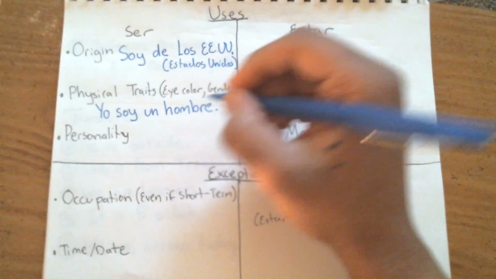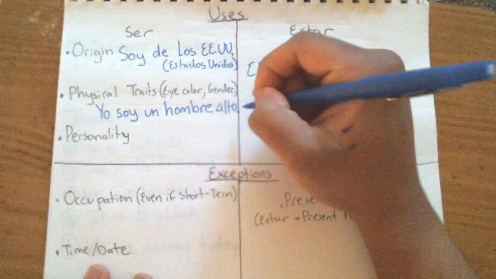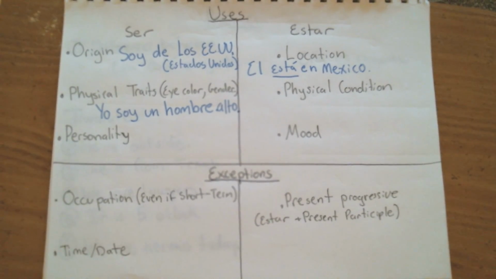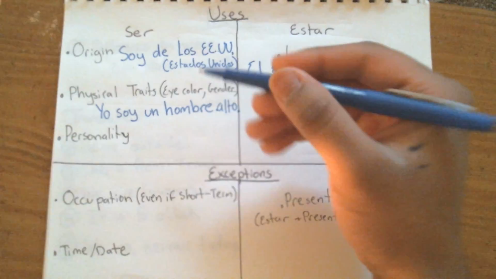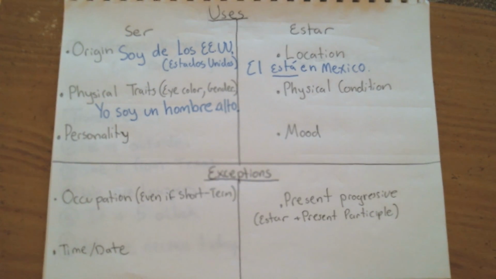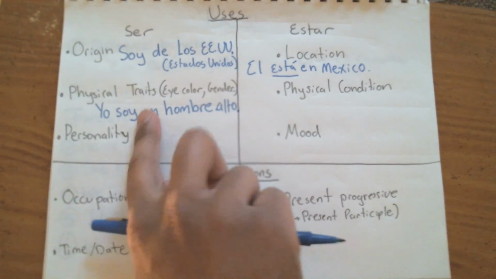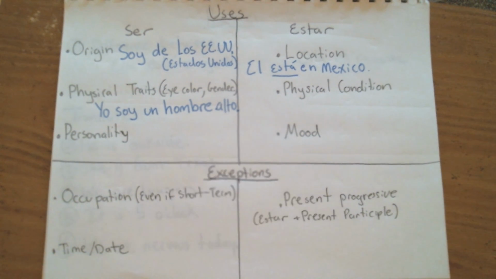For example, I could say, "Yo soy un hombre alto." I just expand the sentence. I could say, I am a tall man. Remember, in Spanish, you put your noun first and your adjective second, unlike in English. In English, you would say, I am a tall man. Here, this literally says, I am a man tall. Okay? Remember, Spanish puts the noun first, then the adjective. So just remember that. It's the reverse of English.